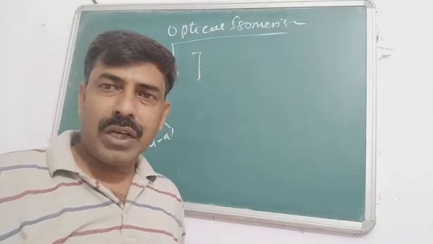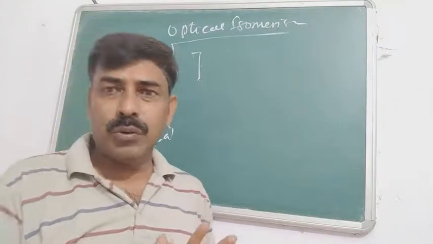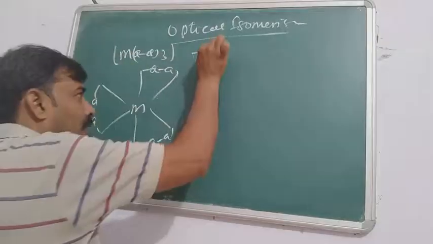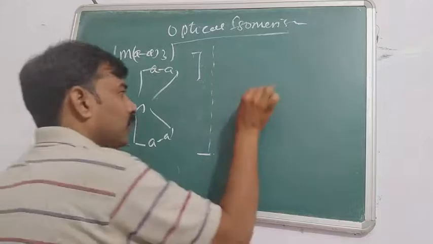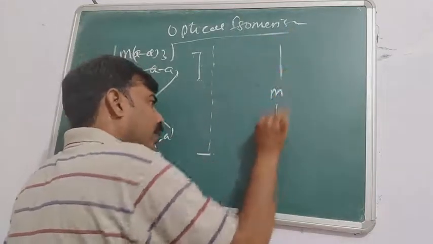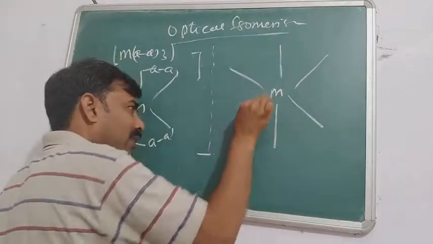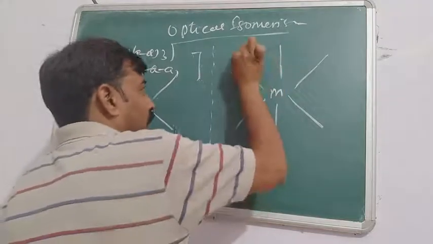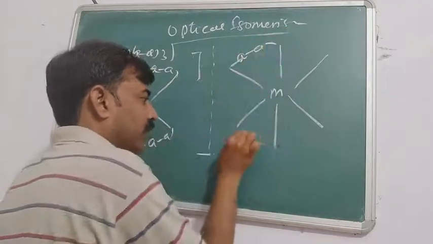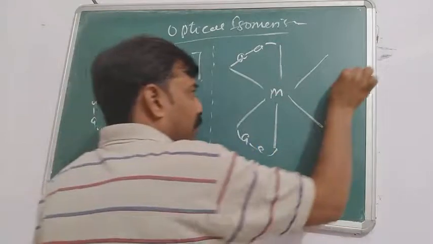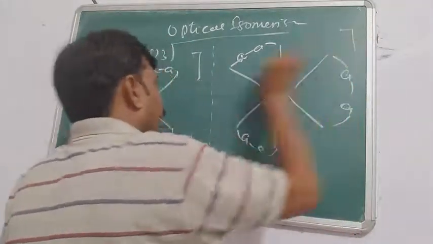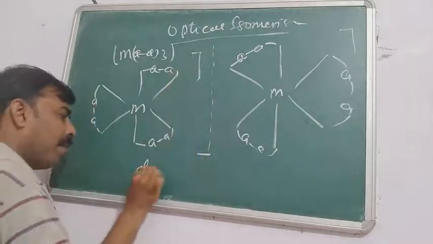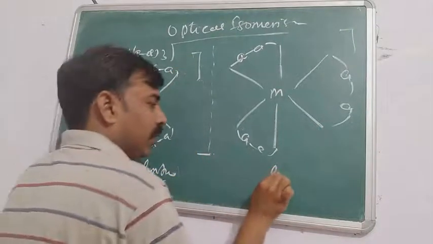But it is a 3D molecule and because of that it is capable of showing the optical activity. If this is the mirror, then what will be the mirror image? The mirror image will be 1, 2, 3, 4, 5 and 6 bonds. The first A' will make 2 bonds here. The next one will be here and the last one. This one is the dextro and this one is the levo.